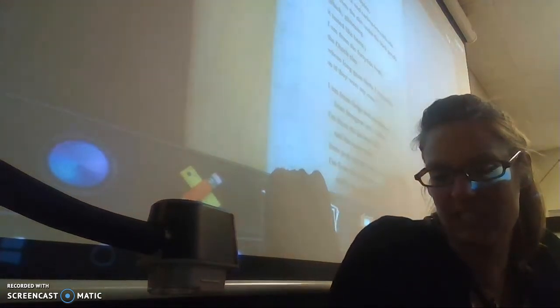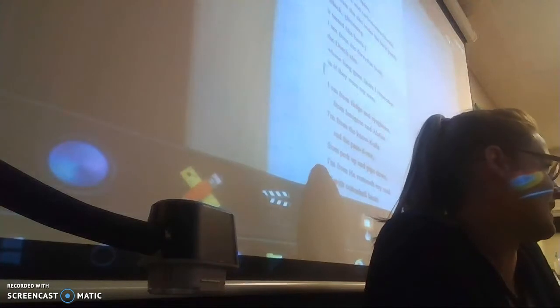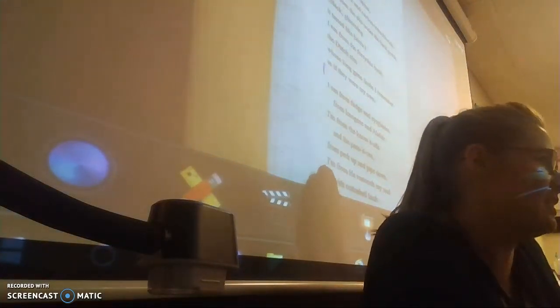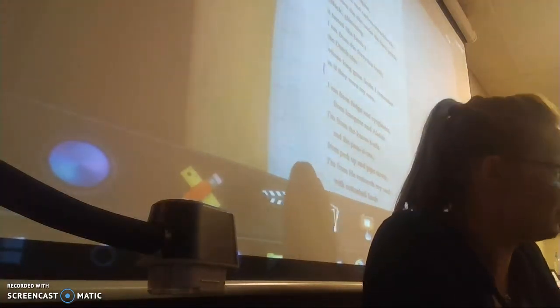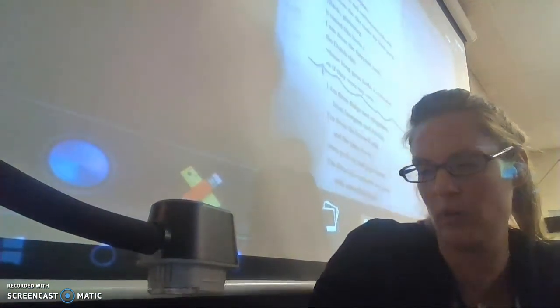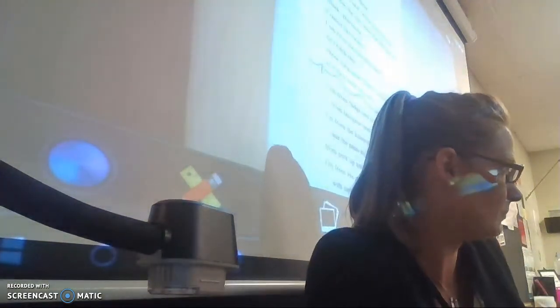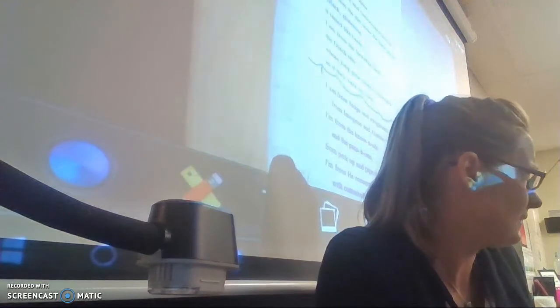Do you see the big space that's in between some of the lines? That indicates a stanza. A stanza is kind of like a paragraph in a book, but in poetry. So what I need to do to help me is draw a line just to divide up the poem so that I can figure out different sections of the poem instead of the entire thing at the same time. Are you with me so far?